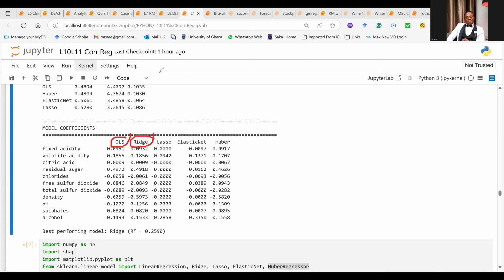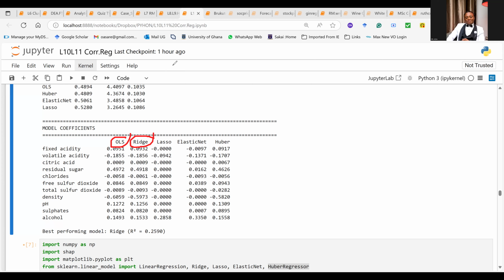Now, based on these coefficients, and I'm asking you a very general question, which variable do you think is the most significant variable among all the features in determining or predicting the quality of wine? Which variable is the most significant in determining or predicting the quality of wine? Your colleagues who are not on this call, tell them to be on this call. It's going to be a big miss for those that toy with this. Huge miss.